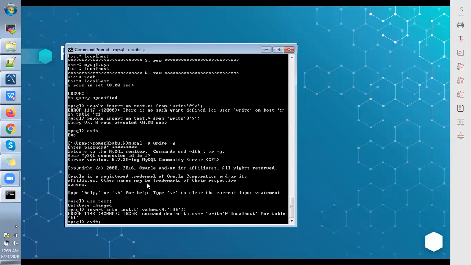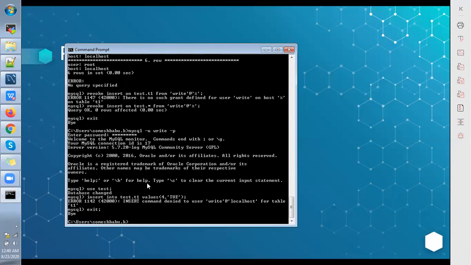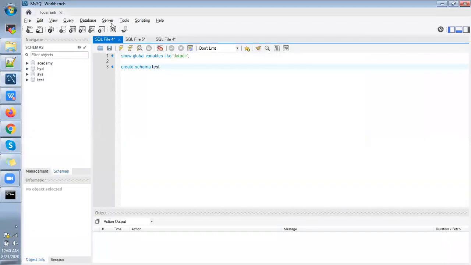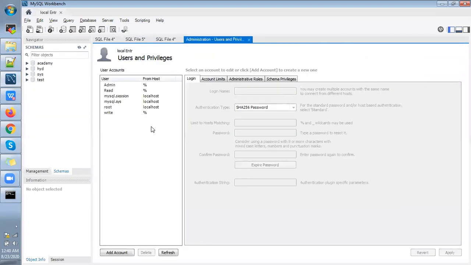So let's do the same thing in Workbench. I have already opened the local Workbench. You just go to Users and Privileges.